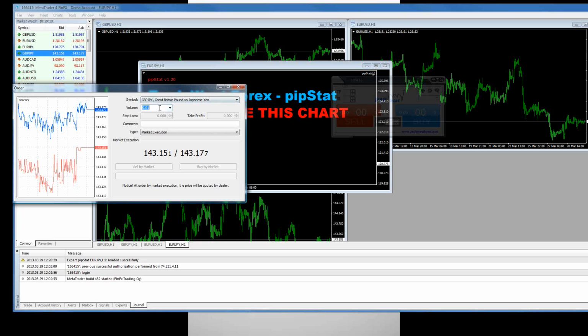We talked a little bit last time about determining whether or not the account was a micro account or a mini account. We can tell this is an ECN account that we opened up, and the smallest lot size that we can take on this one is a mini, which is 0.1. Now you can see that when I've got 0.01 and I want to go take a trade, I can't. So that's just a little bit of a review there. But 0.1, that's the smallest lot size that we can do. Of course, a standard lot would be 1.0.